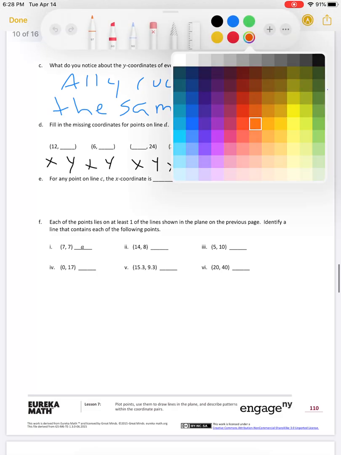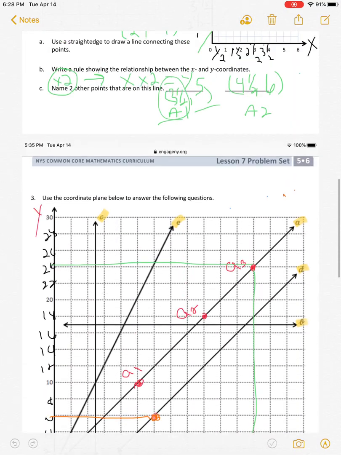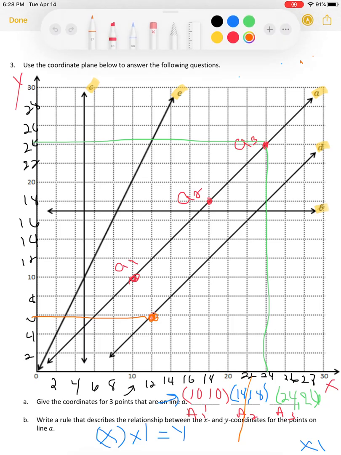The same thing with the next one. When x is 6, y equals what number? Let's go back up and look and see if we can determine it for line D. And I'm going to put a D here so I can remind myself that we're working with line D. When x is 6, what is y? I'm going back to line D. All right, and I'll go to 6 on the x-axis. So when x is 6,